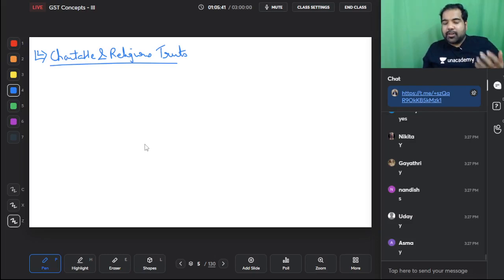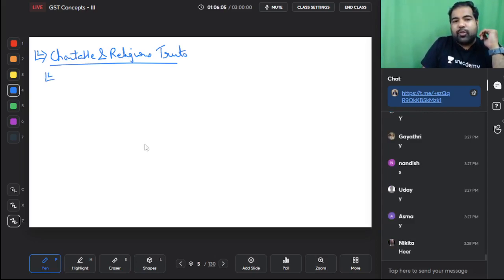What is a charitable and religious trust, guys? My favorite is Tirumala Trust, Tirupati. They are a religious trust. They are registered under the Income Tax Act, and they do very good work, social work also. They run a hospital also. Does the government want to charge GST on such people? No, the government doesn't want these trusts to pay GST unnecessarily. They're not doing any business, guys. They're doing charity. So hence the government says that if you are registered, only for registered, then the following are your exemptions.